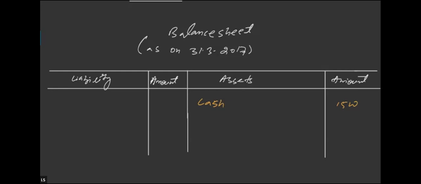In order to write down the value of the debtor, we will have to calculate the closing value of the debtor as on 2017. No, I think the closing balance of the debtor is already given in the question. How much was the debtor given in the question? Debtor was, I think, 24,000. No, just a minute, let me check. Debtors are 24,000. This is as on 1st April 2017. No, 56,000. Yeah. Okay, but